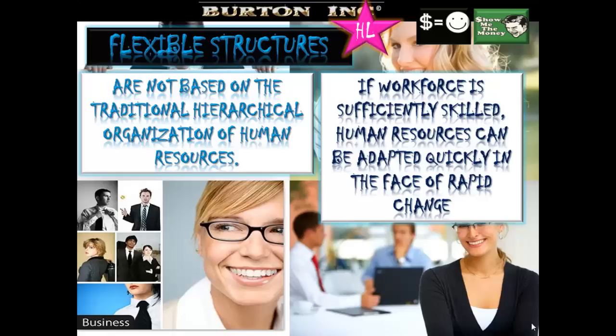Now, traditional hierarchical structures may be unsuitable for today's business environment. They have too many layers of management and are too rigid to react to sudden changes in the economy. By contrast, the flexible organisational structure enables a business to adapt when there's a need to respond to rapid change, and if they can successfully do that, then they should allow the business to be more successful.